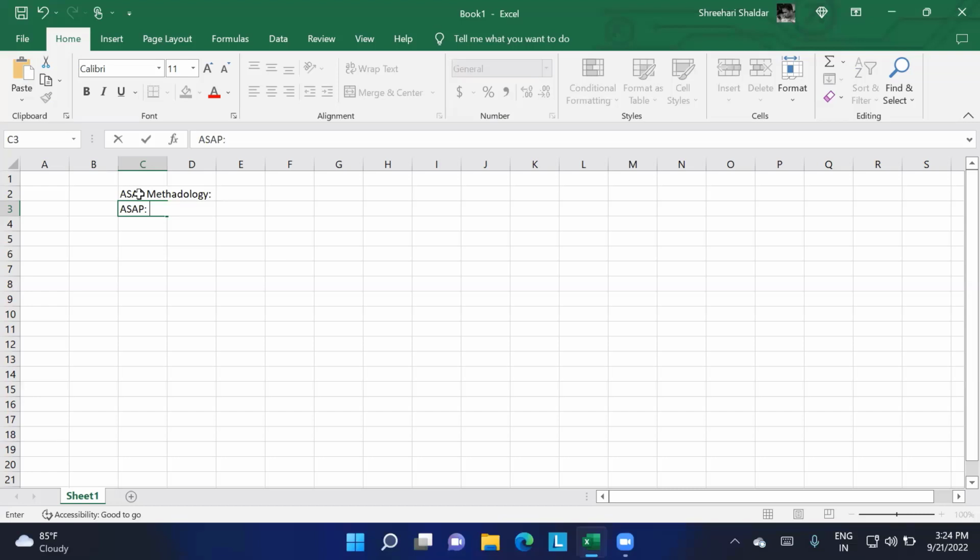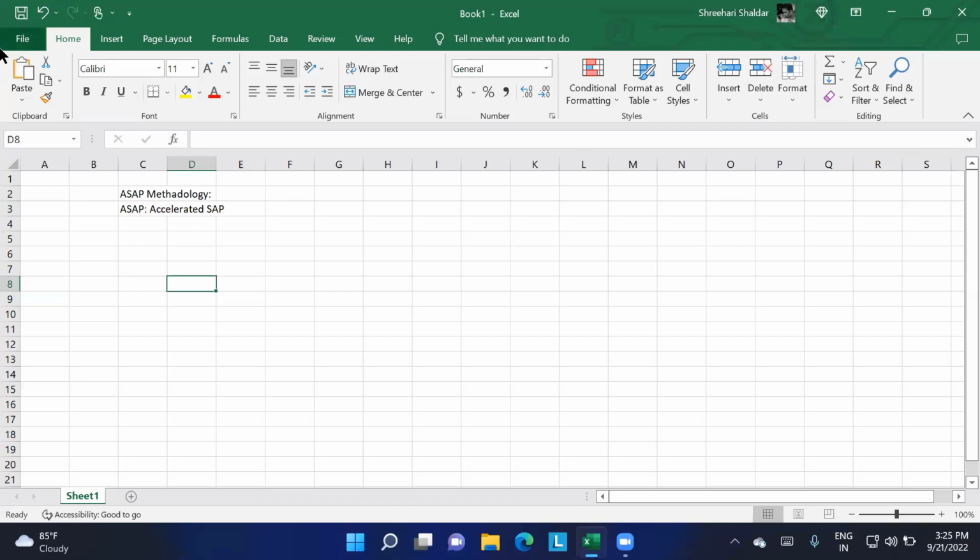Why do they use the term SAP here? It is nothing but Accelerated SAP. SAP, as you already know, stands for Systems, Applications and Products in data processing. Here, the A refers to Accelerated SAP. It is a methodology for project preparation and implementation, and it is developed and updated by the consultants who are involved in implementing SAP software products.